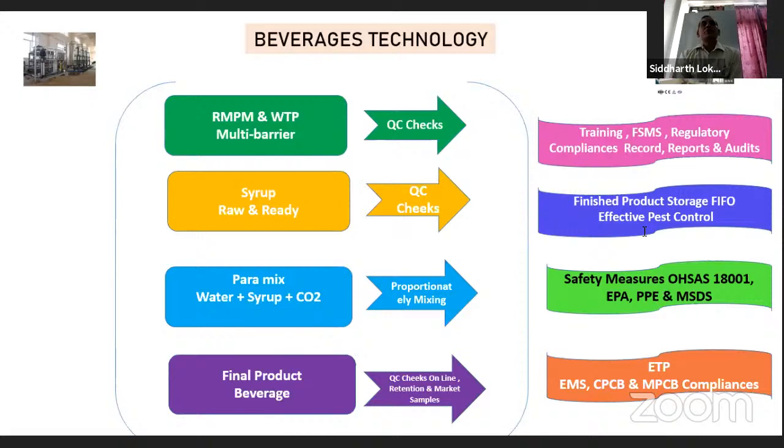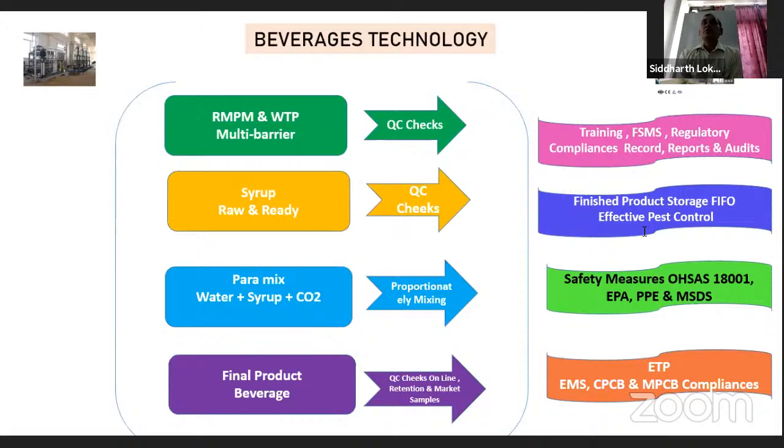Then ready syrup is added to water and CO2 in a Paramix, and with proportionate mixing with the help of the settings, we are managing it. Finally, we get the final product, and it has to go through all the online quality checks. Then quality checks for the online product, then quality checks of the retention samples you have kept in your shelf,